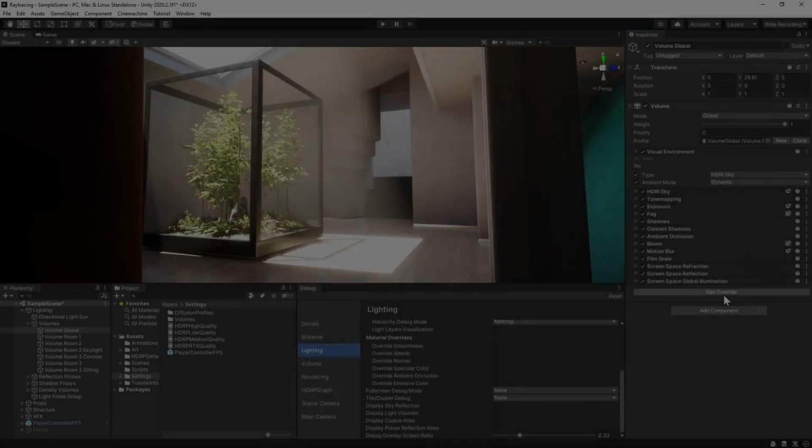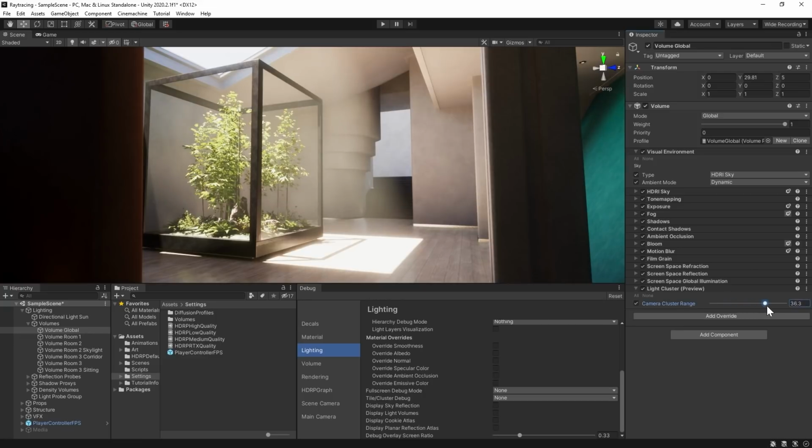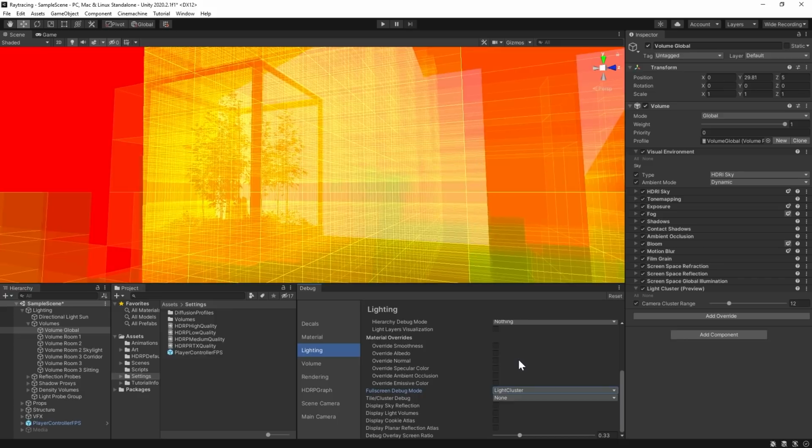Before we can talk about ray trace reflections and global illumination in Unity, we need to talk about the light cluster built around the camera. To visualize the cluster, I'll head to the debug window, and inside the lighting tab, I'll activate the light cluster debug mode. So it is a world-aligned structure that lists the local lights and the reflection probes surrounding the camera,